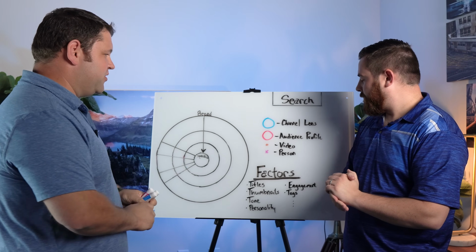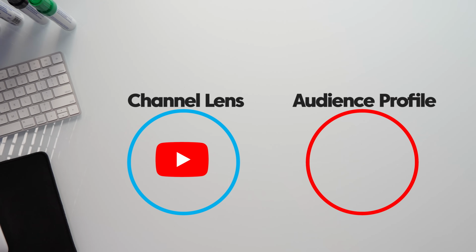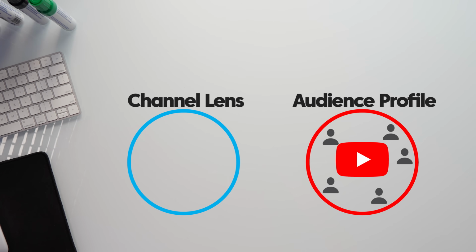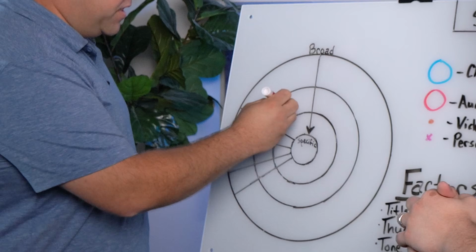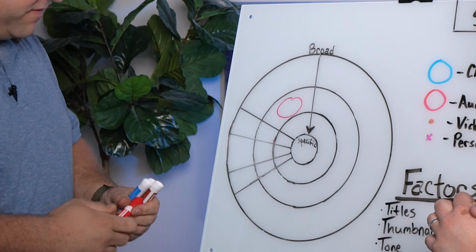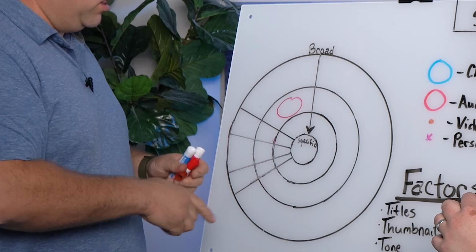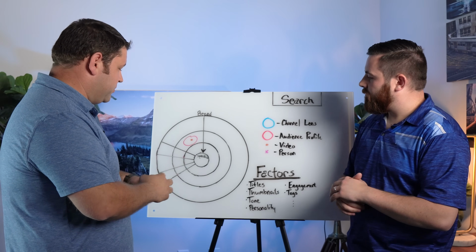But what determines whether or not a video succeeds is whether or not your video fits an audience profile that YouTube understands, and that audience profile has an audience. There are enough people on YouTube who fit your audience profile, which is why we want to grow the audience profile over time. So if your audience profile looks like this right now, and you make a video that does well, it fits within that audience profile, it's going to tend to spread more.